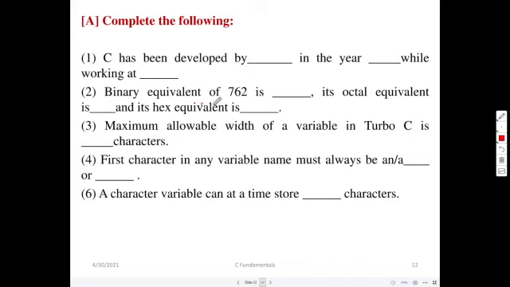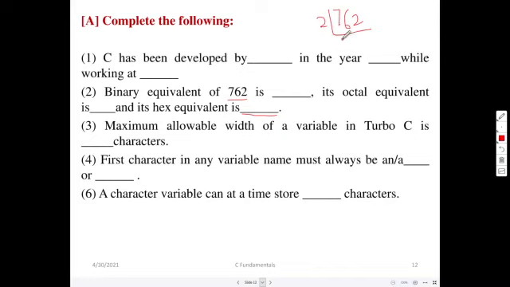Okay, binary equivalent of 762 is dash, and its octal equivalent is dash. Its hexadecimal equivalent is dash. So for the binary equivalent of 762, what we have to do? We have to go for the long division method. I hope people know it. Binary equivalent means we have to divide it by 2.